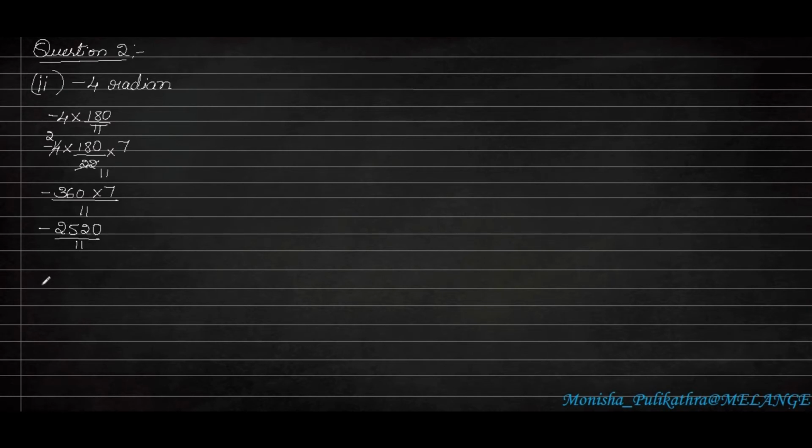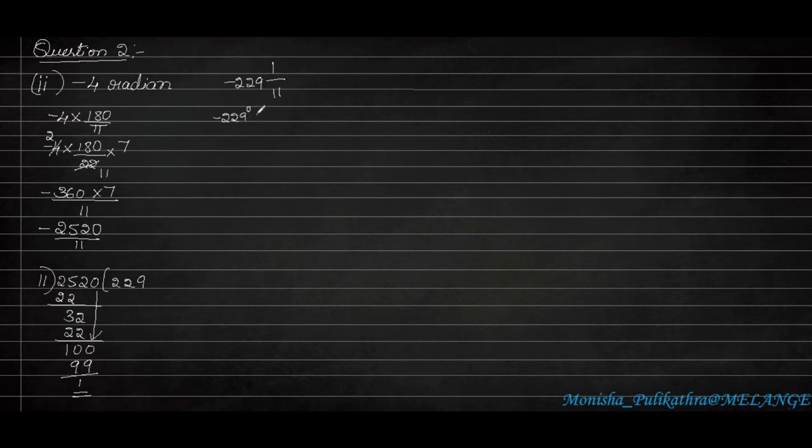So since a bigger number is there in a fraction form, we need to divide it. So 11, that is 2520 divided by 11. So 11 2s are 22, remaining will be 3, 32. So again 11 2s are 22. Here 10 and a 1, 0 is there, we can take it here. So 11 9s are 99. So here since in the denominator already 11 is existing, so minus 2520 will become minus 229 1 by 11. Here minus 229 will be in the form of a degree.